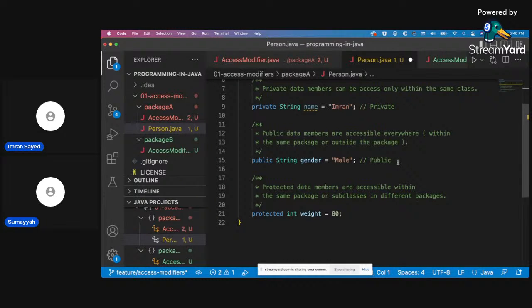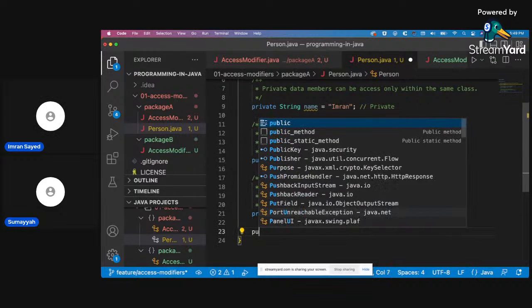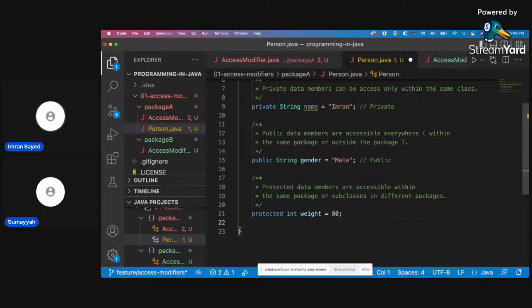You can create a getter method, get name, because that is private. I don't want to do one more private. I'll do public, or maybe just change the public data member to a method. So public string get gender.